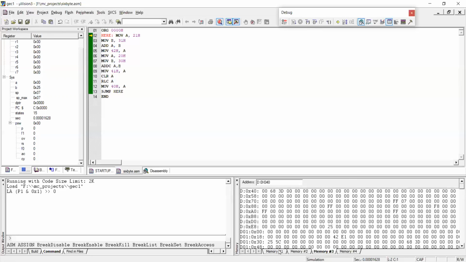Now here what I do is, again I will take two different values. What we'll do is we'll take FF now. I have one 16-bit number which is equal to FFFFH here, and the other 16-bit number is also FFFFH. Now we will add these two 16-bit numbers, which is FFFF plus FFFF.